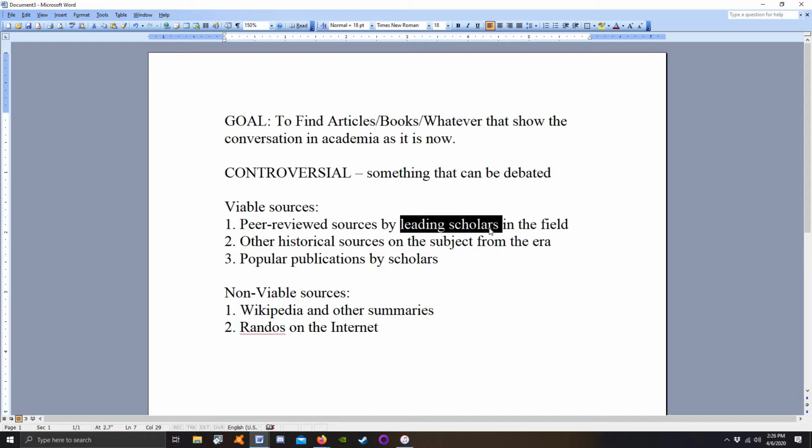Again, you're probably saying, how do I know who's a major scholar and who's like a minnow, who's the big player and who's just like the bush league? We'll get there. Just keep in mind, those are the two criteria here. Peer-reviewed sources by leading scholars in the field. That is what you are looking for. That is your A-level